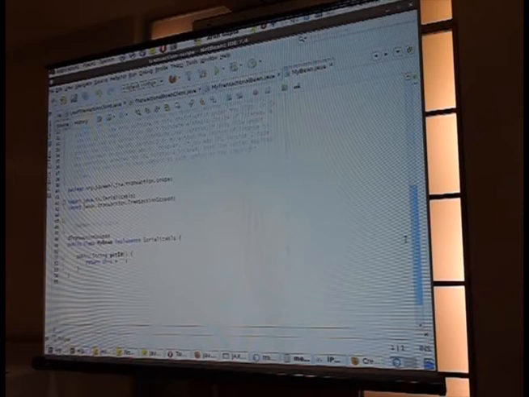So for example, you can take a POJO and make one method of the POJO, not all the methods, just one method, to be transactional. You can put the @Transactional annotation on it. In addition, what we've also introduced is the @TransactionScoped annotation, which is a new CDI scope. And what that gives you is, for example here,